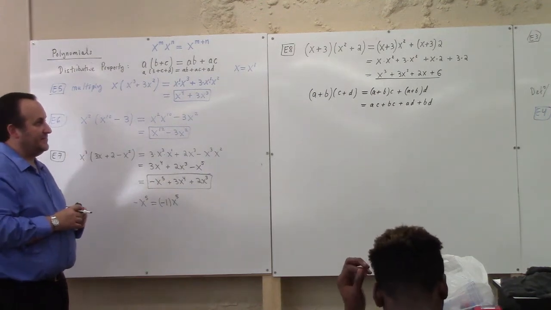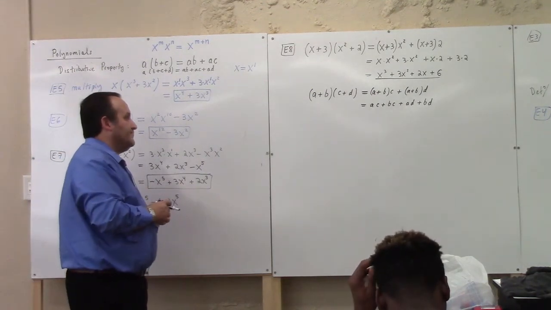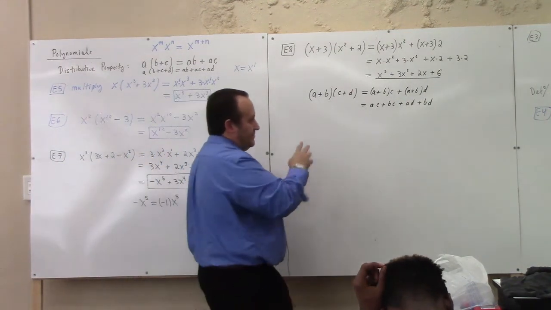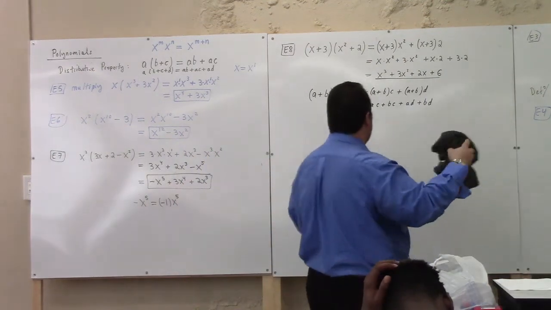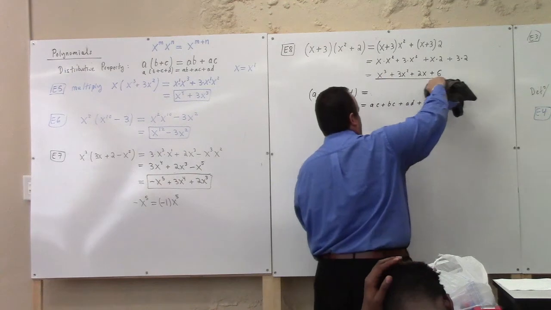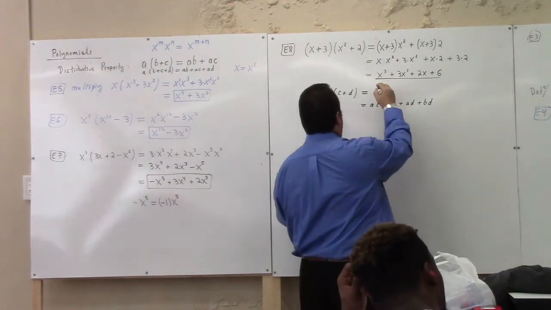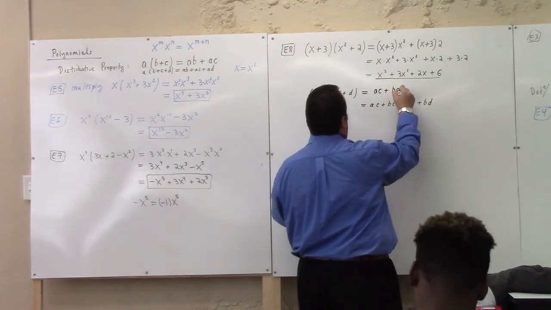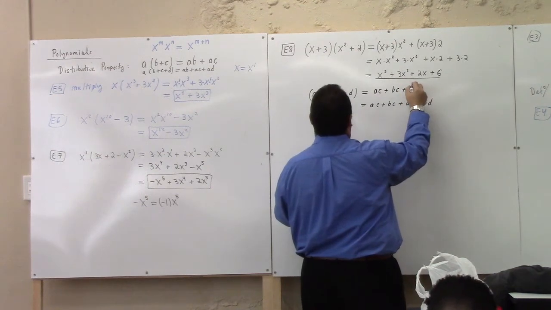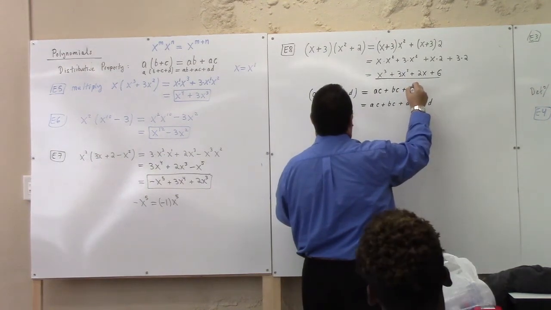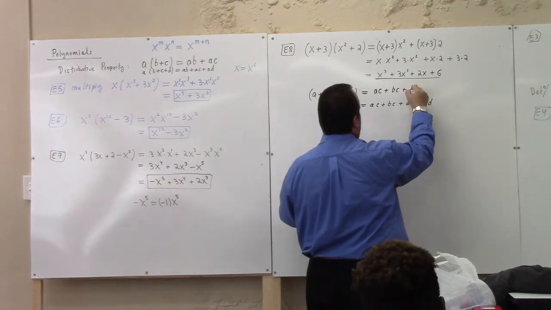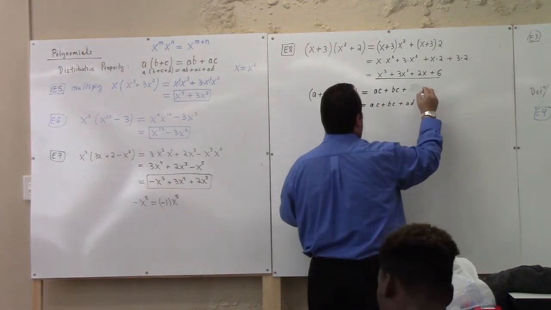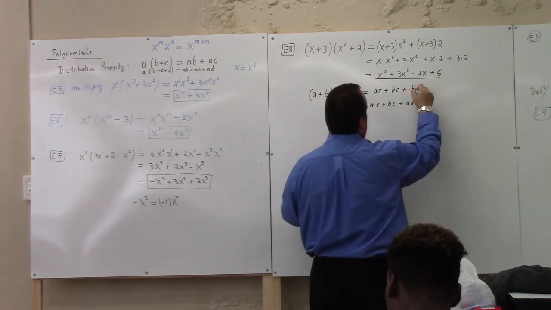Let me see if I can find a better way to communicate this to you guys. I want to do some color coding here, so if you don't mind, I'm going to just write it right there instead. So I've got A times C plus BC plus BD, and then finally plus